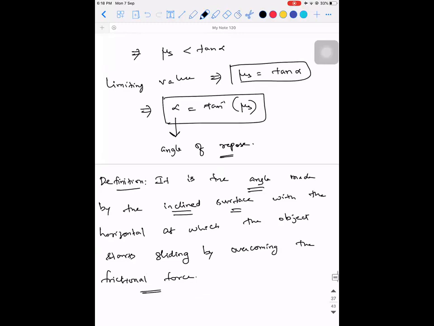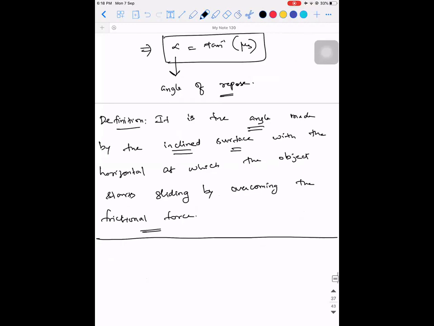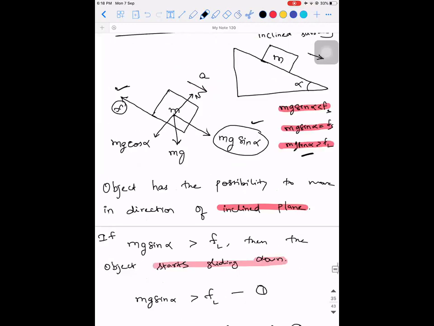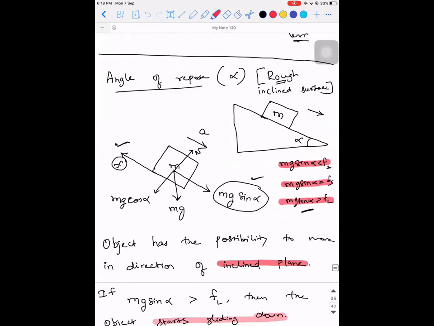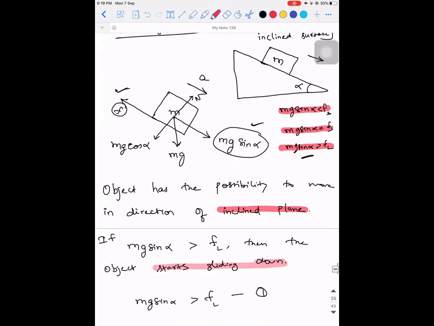Yes, sir. Okay, I'll stop with this for today. Listen, with the way you people are answering, I still feel that you are not comfortable with inclined plane. You have not practiced enough. This concept is very important for tomorrow's concept, that is banking of roads. If you don't understand this, I cannot explain. So I suggest you practice this in a similar way.